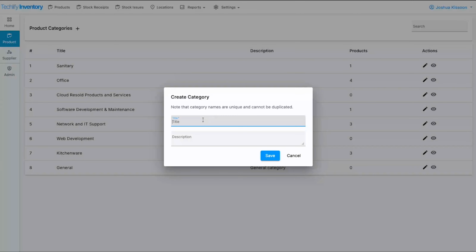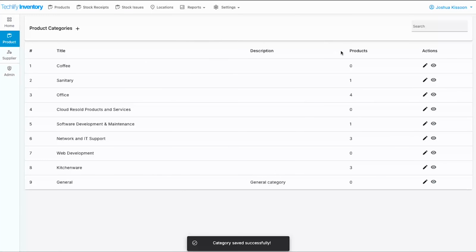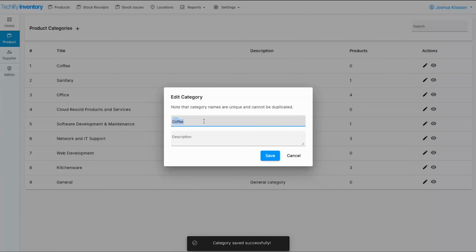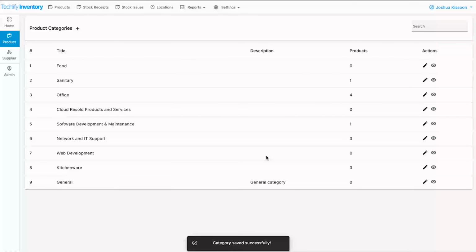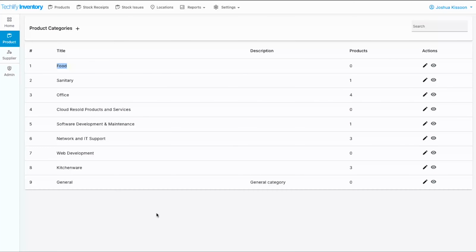Now, let's go ahead and add coffee as a category. Sorry, that should be food as the category. And hit save. So there you go. See, we have food. And a couple of other things I wanted to adjust because this is a little bit